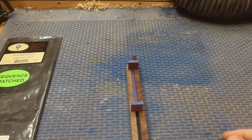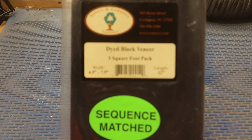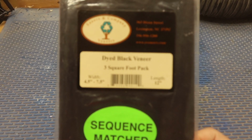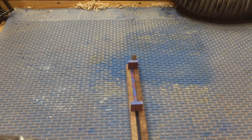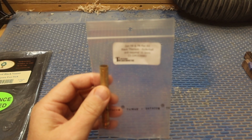And then between each of the segments, we'll use a little dyed black veneer. I bought this 3 square foot pack a year and a half ago. I've made like 10 pens. I probably have half of it left over. So that's my plan. We will be making this blank